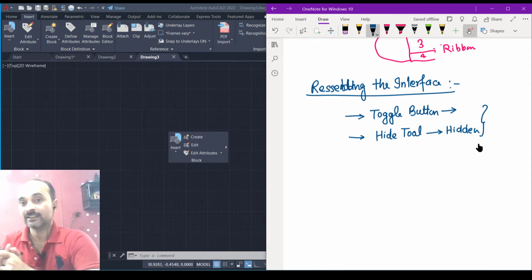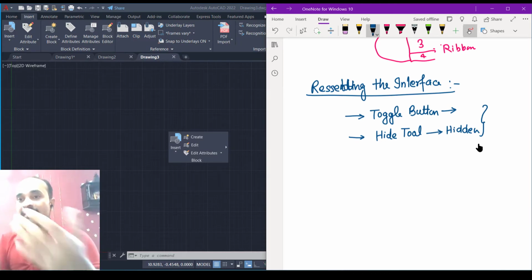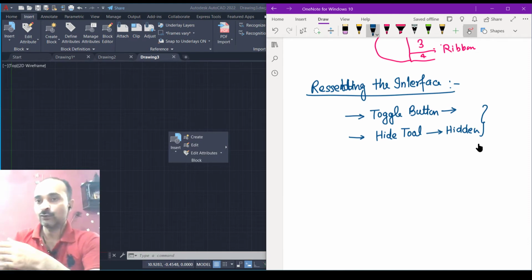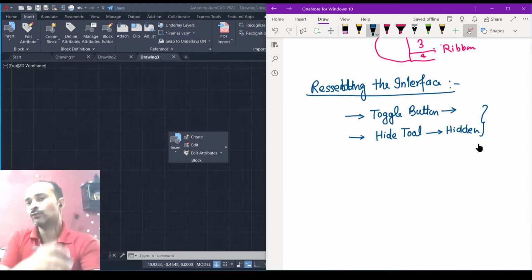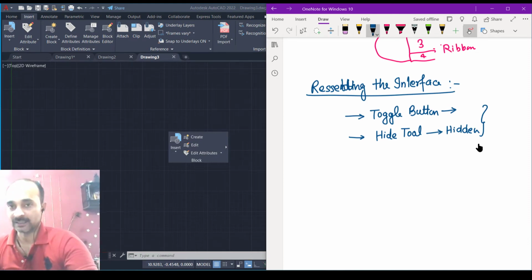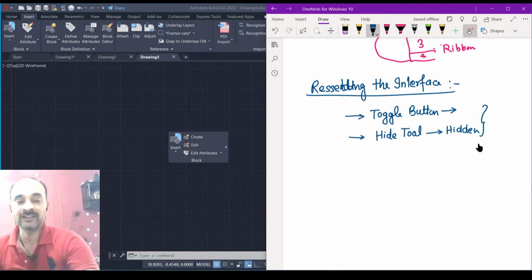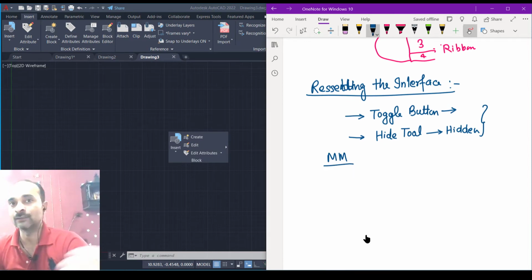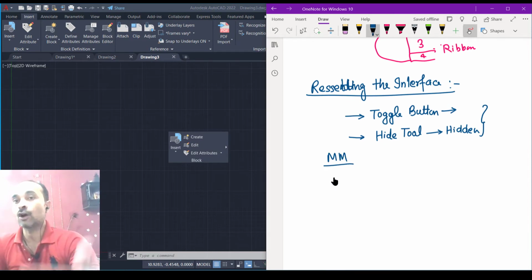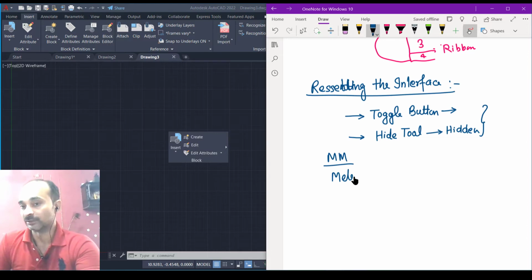Basically, resetting is like resetting your mobile phone or resetting your computer. If you reset, then it returns to your original factory conditions. It means whatever work you have done, whatever settings you have created in AutoCAD according to your convenience, all will be reset to the original position.